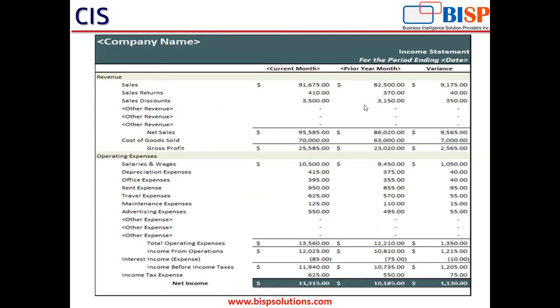This is a pro forma, an example of how a comparative income statement looks. As you can see, it has the current period or current month, and the prior year month. Let's say you're comparing July 2020 to July 2019, or quarter one to quarter two of your fiscal year. Any variance gives you insight into what the variance has resulted in, whether there is an increase or a decrease in the expenses or the revenues.